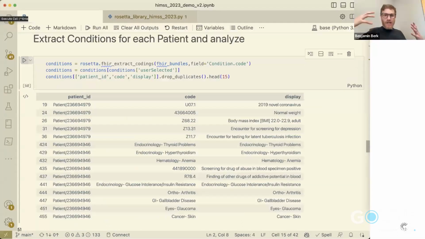So now let's take a look at what we actually have in this data. What I'm doing here is extracting all of the condition.code, so all of the condition codings from all of this data that I now have in FHIR, okay? I'm just pulling out the patient ID, the code for that condition, and the display, the text that actually accompanies that condition. And we can see there's a variety. There's something here, U07.1, with an ICD-10 code. We've got stuff here that looks like a SNOMED code. We've got plenty of diagnoses here that are free text only. So in the code field, it just has a replication of what's in the text field.